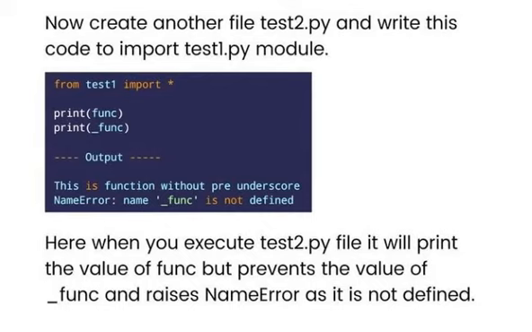You get an error here because, as we discussed earlier, anything with pre-underscore is private and cannot be used outside. So when you execute test2.py, it will print the value of func, but it prevents the value of underscore func. It raises a name error as it's not defined, it's private.